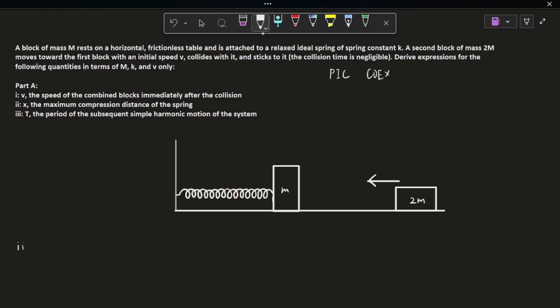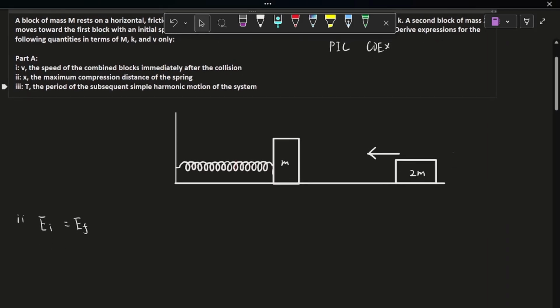So let's write the basic expression for the conservation of energy. E initial is equal to E final. Initially, what kind of energy does it have? These two blocks are stuck together, right? And it's moving. The spring has not been compressed yet. So there's only kinetic energy: 1/2 the total mass of the two blocks, m plus 2m is 3m,